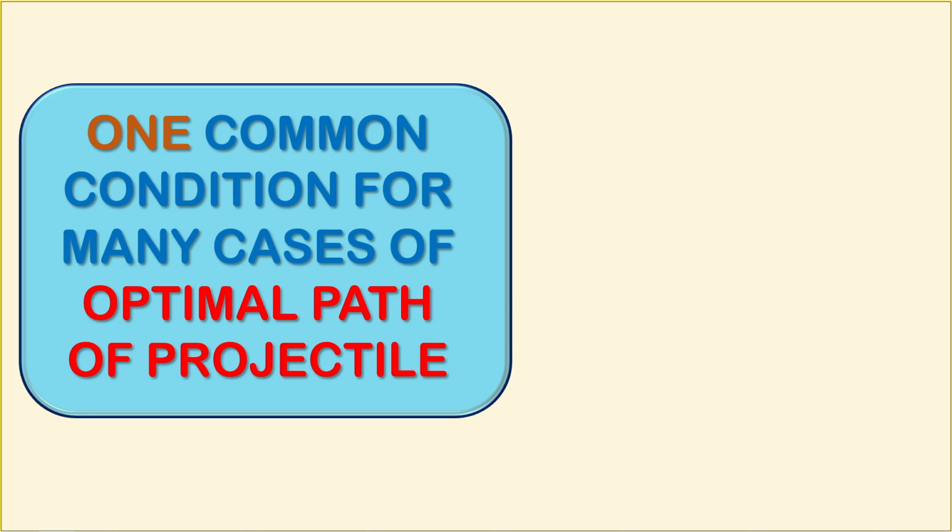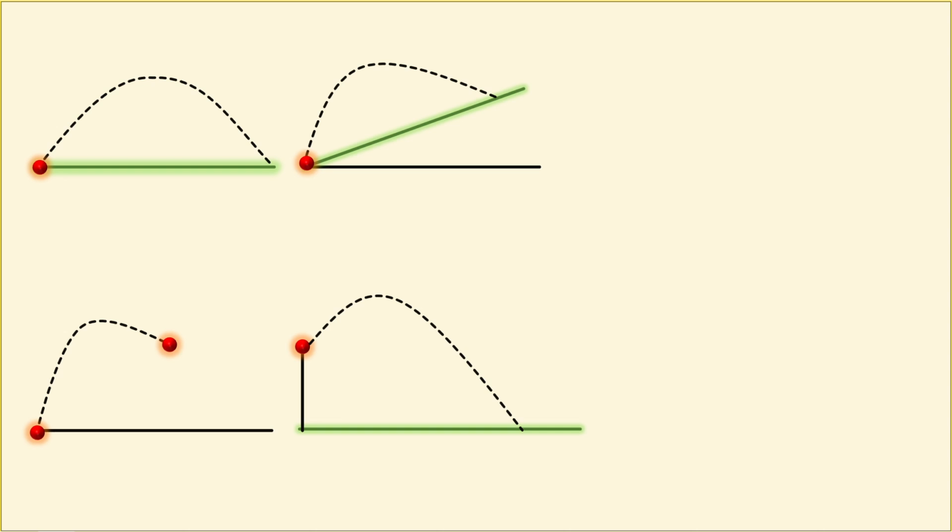I'm going to discuss some very interesting problems from the projectile motion section, and these problems deal with path optimization, right? The kind of problems we are going to deal with have one common thread, or one common condition. Although the problems might look somewhat different, at least one final condition is going to be the same in all of these cases. So let's move on to the cases I'm talking about.